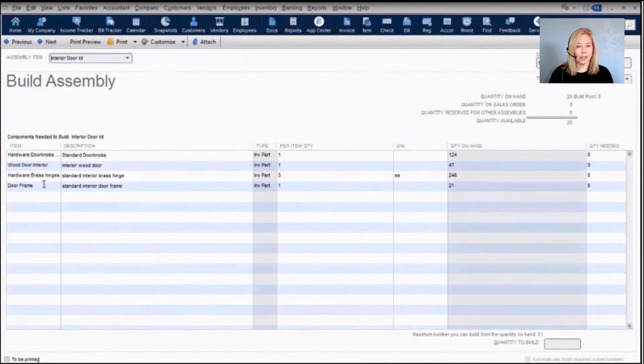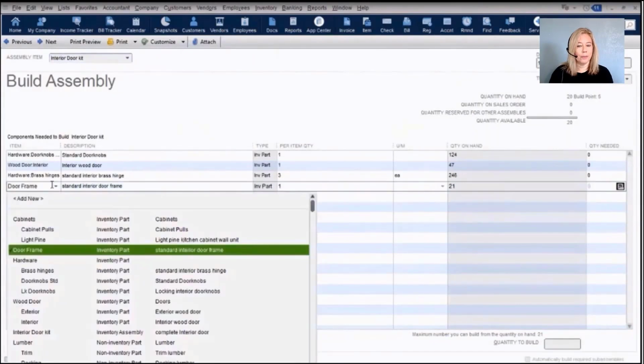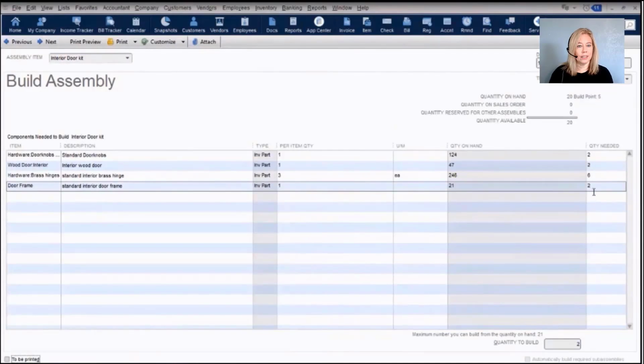So if you are out of a particular item, you can make your substitution right there on the build screen. You can also change your quantity needed. This will help you account for waste. QuickBooks Enterprise allows you to customize this build screen much like you can customize other forms in QuickBooks, like your